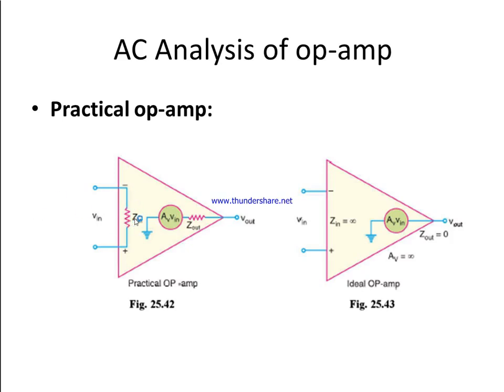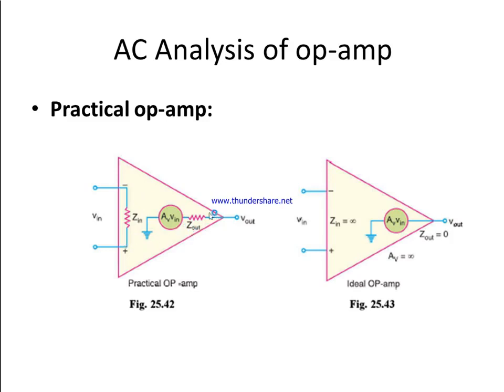Second one is the input impedance. This input impedance is very high. Input impedance very high means the resistance between these two terminals is very high. So what about the current between these two terminals? Since resistance is very high, the current flowing between the input terminals will be very low. Clear? Because the resistance is very high, it opposes the flow of current. Therefore, input impedance very high means in a practical op-amp there is very small input current.